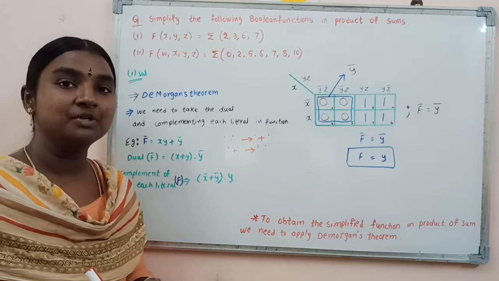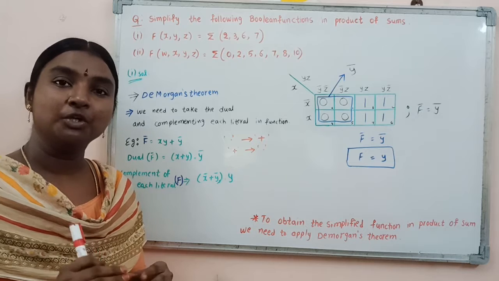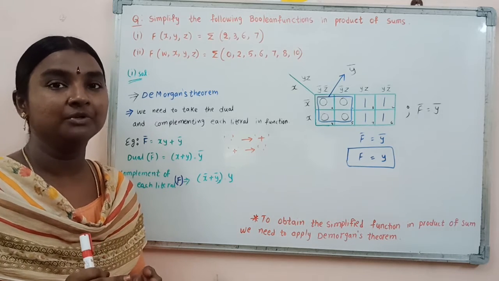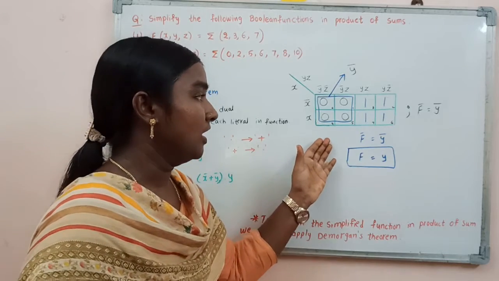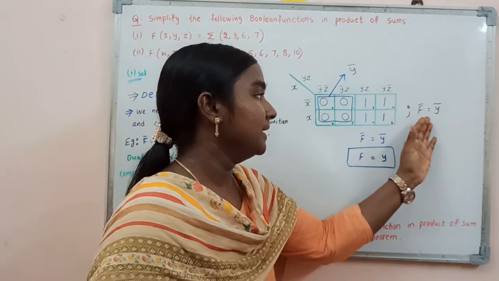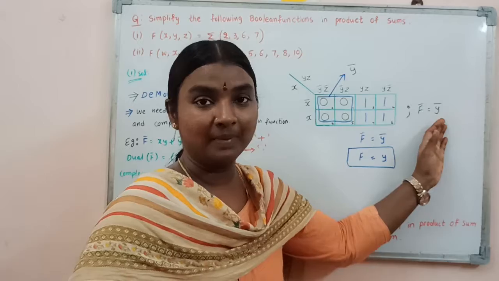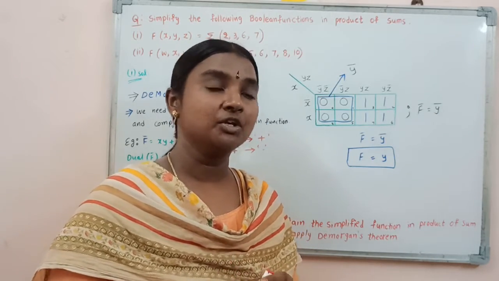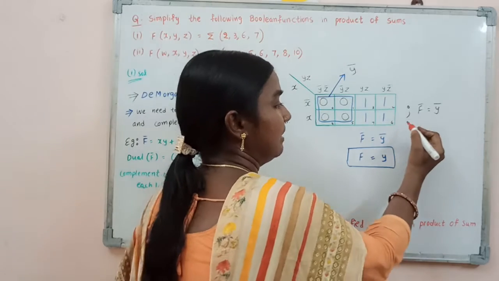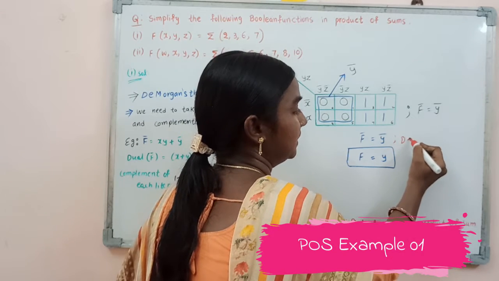This is the procedure we are going to follow to apply De Morgan's theorem to any function. Now here we already found f complement, which is equal to y bar. So for this function we need to apply De Morgan's theorem. So here, after applying De Morgan's theorem,